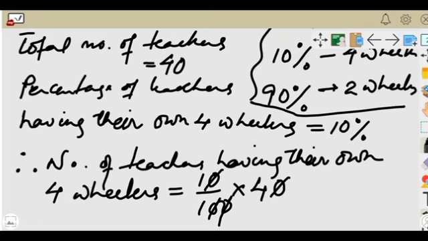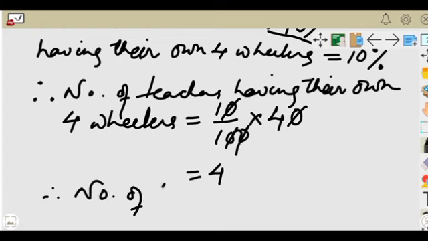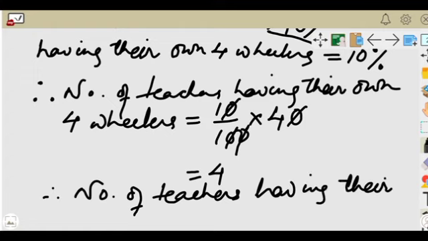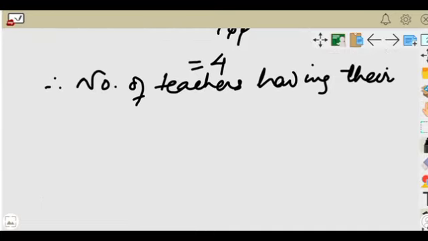So we have how many teachers? We have 4 teachers who have their own four-wheelers. But the question is telling you to find how many teachers have their own two-wheelers. So let us find out. Therefore, number of teachers having their own